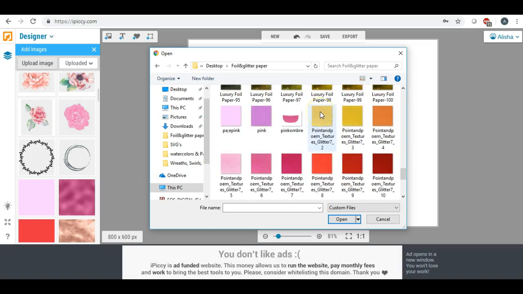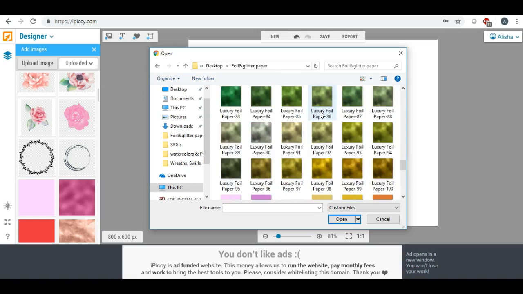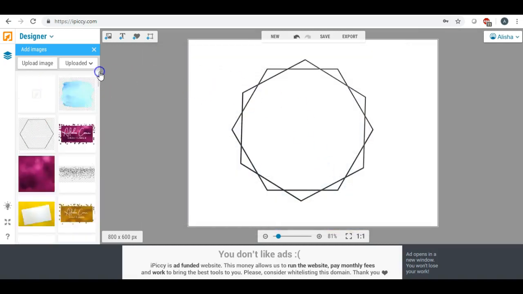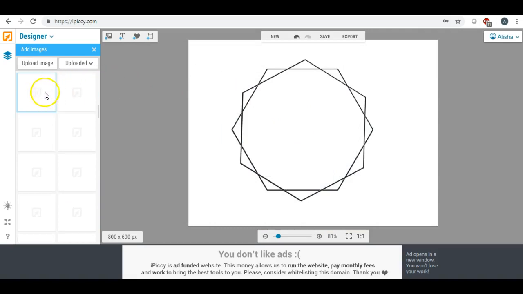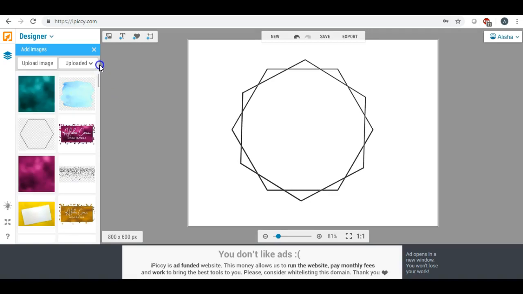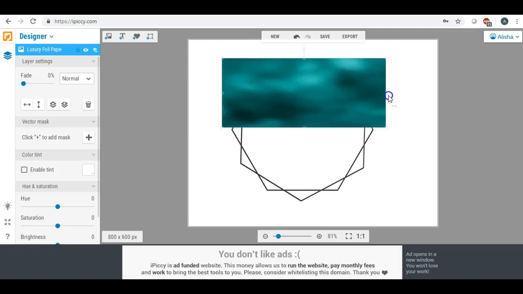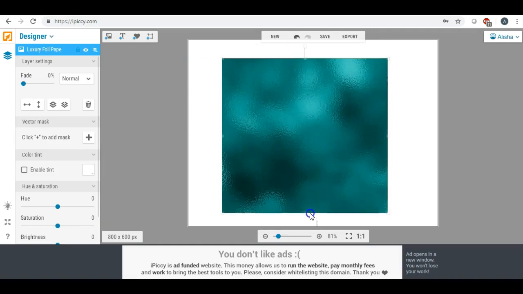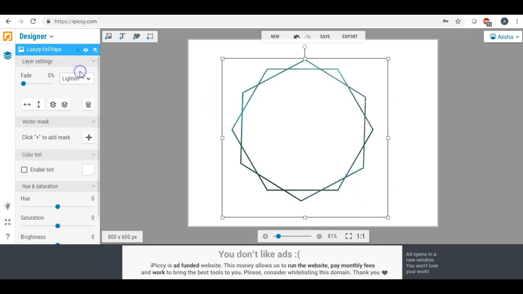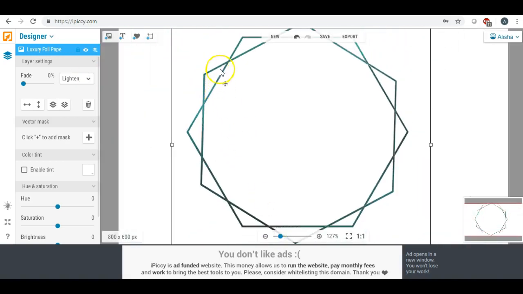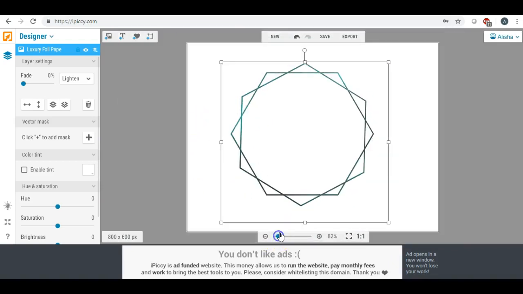And I think I'm going to use this one. Okay. So if you take this digital paper and you cover this completely, and if you go over here and you click lighten, it is going to change the color of this. Okay, so now that we have done that,